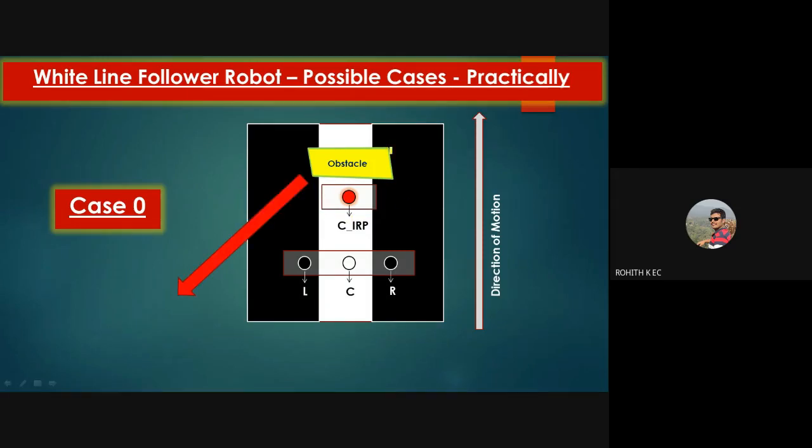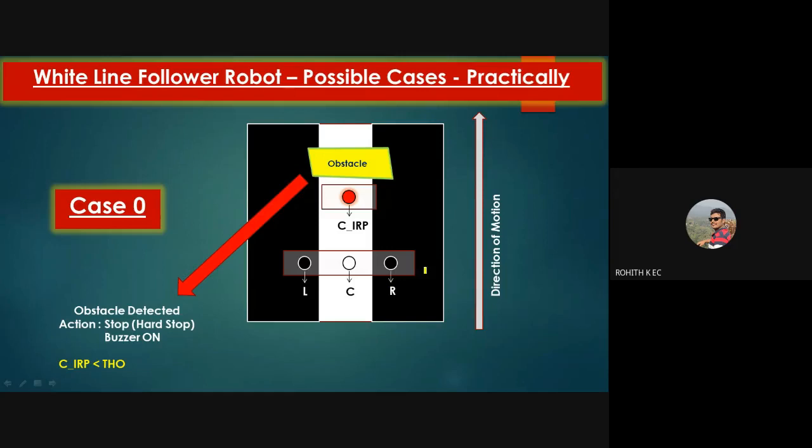When the sensor senses the obstacle, the value received will be less than the threshold. When this happens, what is the action? So when an obstacle is detected, we are going to stop our robot, and we will also turn on our buzzer.